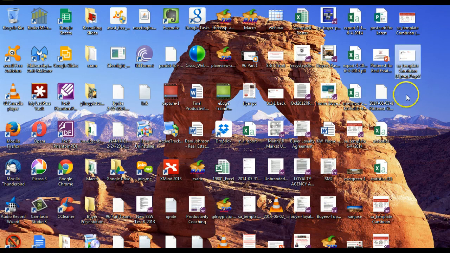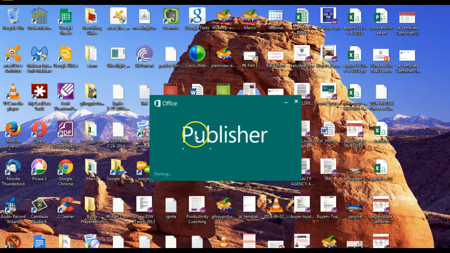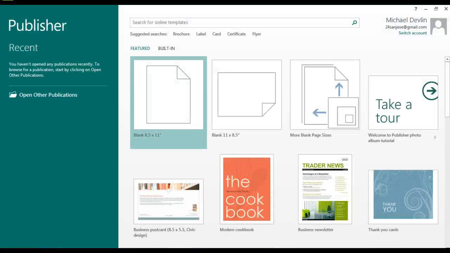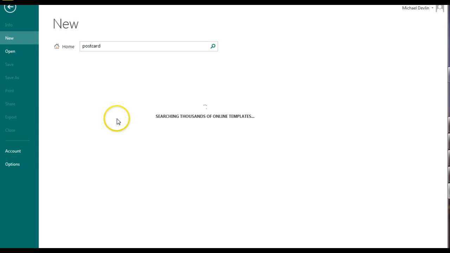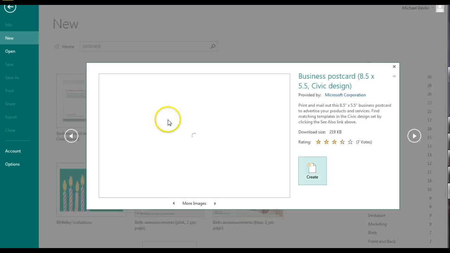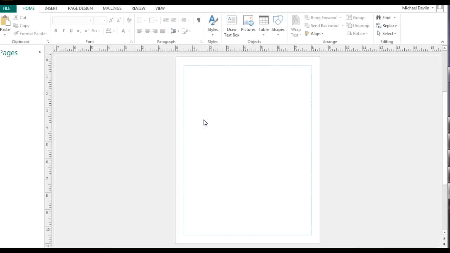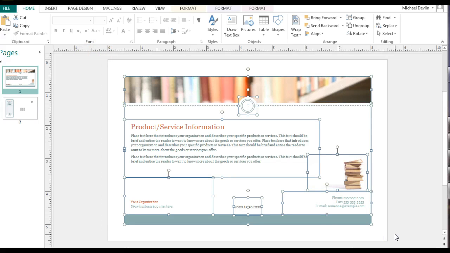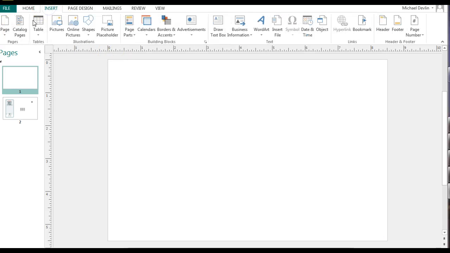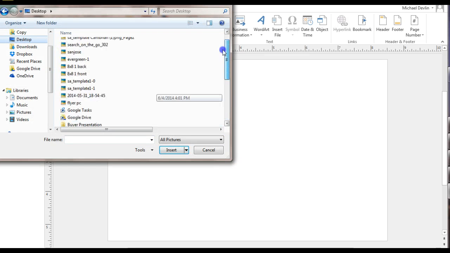So if you wanted to print this as a postcard, we would simply go to Publisher. Simply easy for me to say. Simply go to Publisher and find POSTCARD. This is the one we want. We created, it's the right size. Sorry if I went through that one kind of quick, but we get rid of all this, and then we insert picture, desktop,